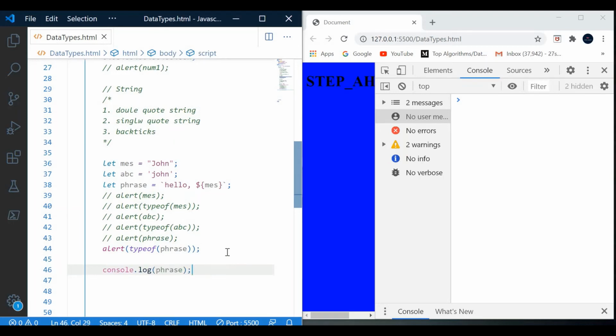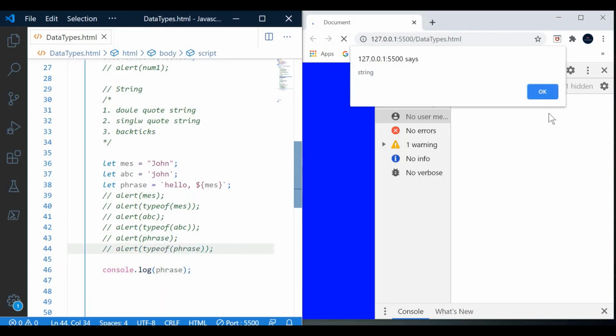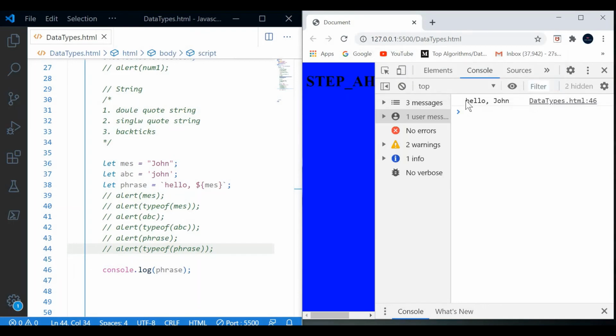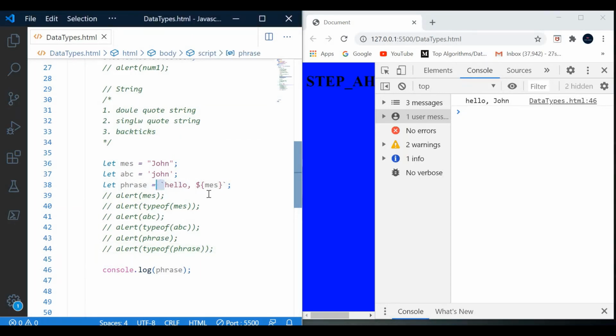On console also we can see it is printing. One more thing is there in backticks: we represent backticks in these quotes, and inside that we have a $ sign and curly braces open and close.